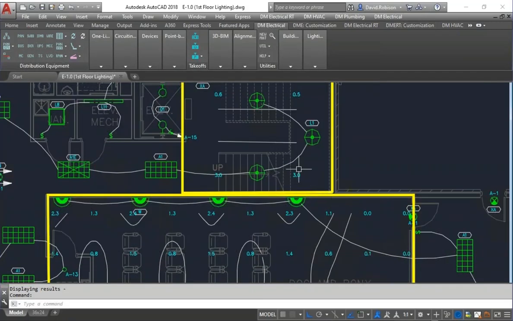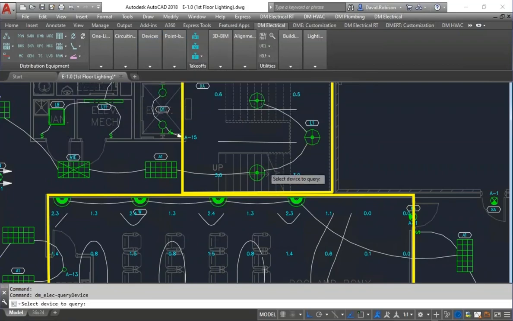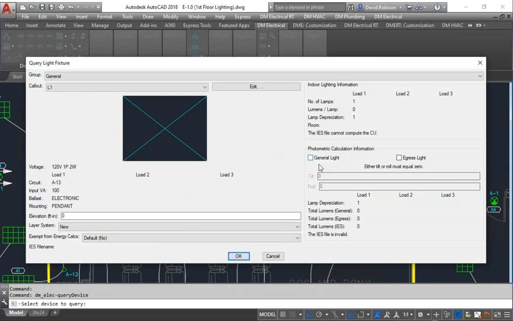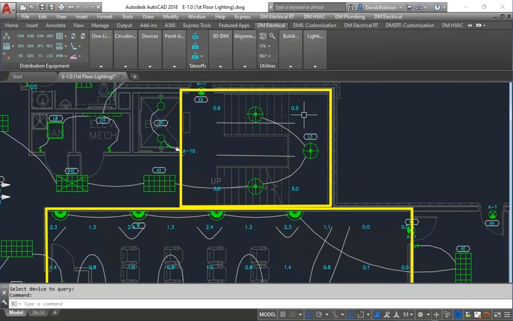And so you'll see that these lights here, if you query them, there's no IES file. They're not set as general light. So the only lights that are being used are these ones here. But we're actually still getting light in this other room. And that ends up causing confusion for a lot of people. What's happening is, basically, if a light is not in the area, the light still casts into that